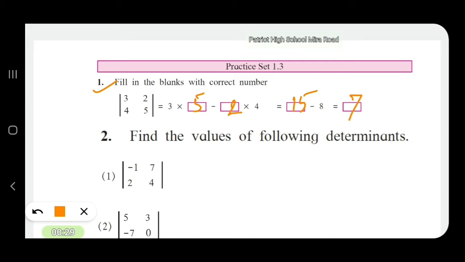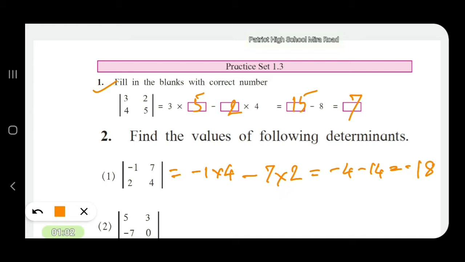Find the values of the determinants. This determinant, cross multiplying, we have minus 1 multiplied by 4 minus 7 multiplied by 2. So it will be minus 4 minus 14, that is minus 18. The second determinant,